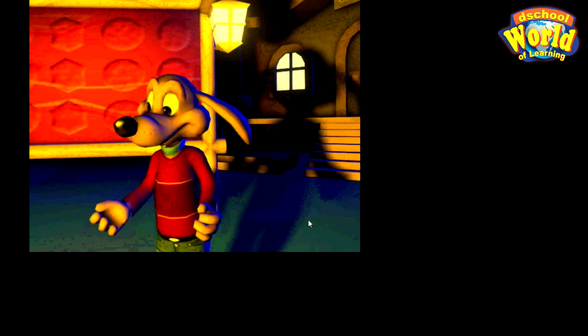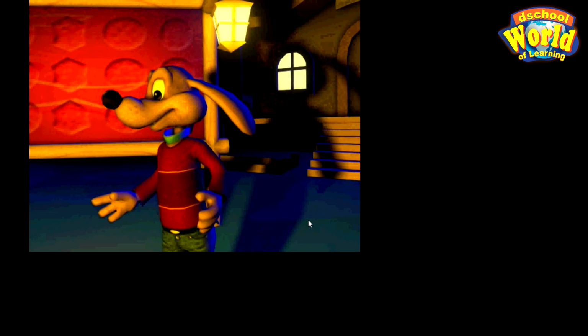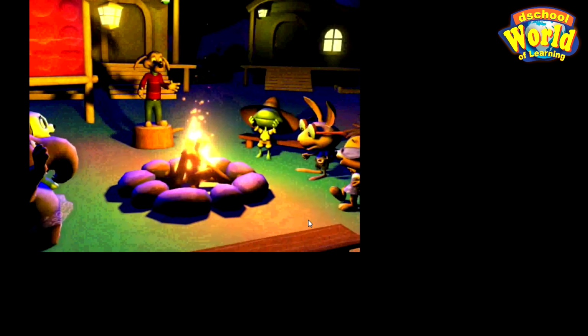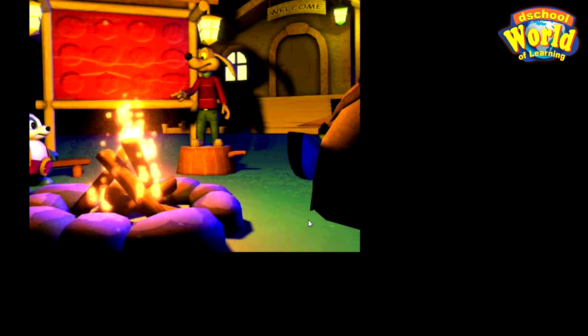Welcome, Jump Scouts. I'm Frankie, your camp leader. Everyone at Camp Jumpstart is happy that you have decided to join us. You're gonna have some great adventures and make lots of new friends. Here at Camp Jumpstart, your challenge is to become an ultimate Jump Scout. You'll do this by earning different badges. But how do we do that?